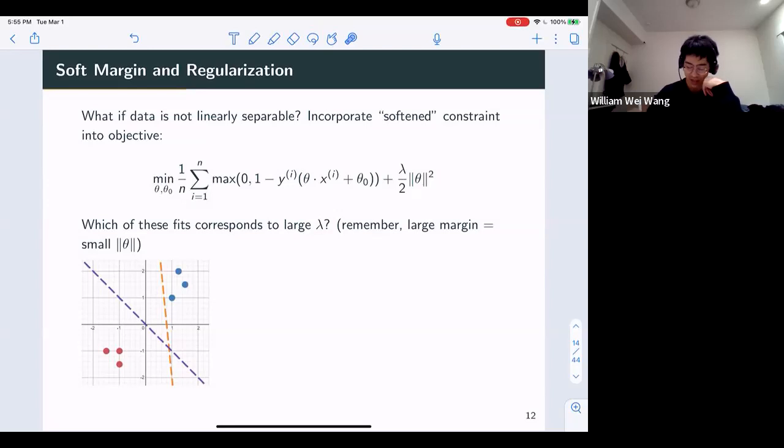So, large margin fit. First of all, which one of these looks like it has a large margin? In the context of what I said before, you can think of margin as the distance to the closest data point. So this one over here looks close to the data, so this one's low margin. But this one that's very far from the data on both sides, this is high margin, or large margin.